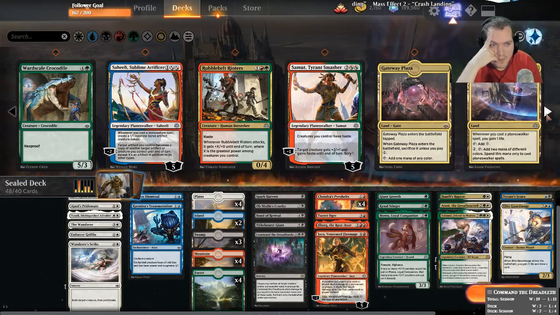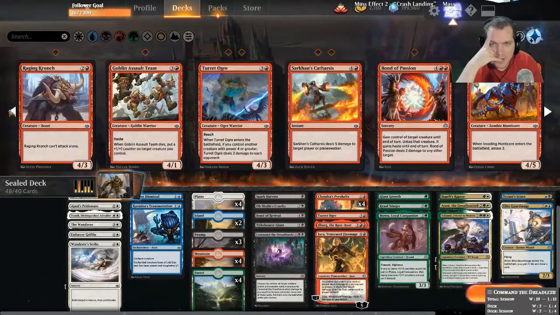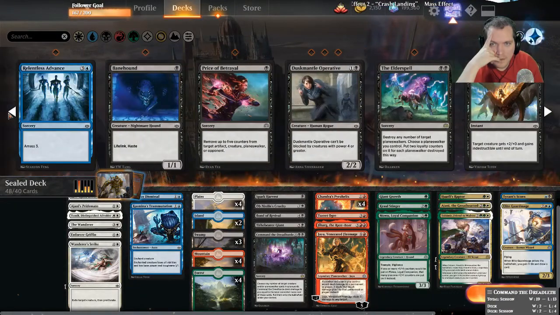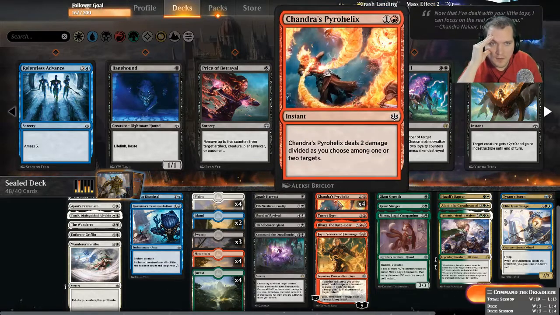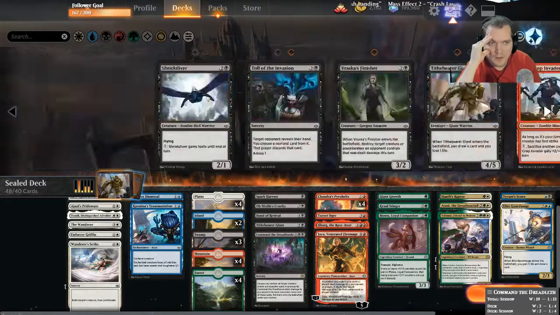We could try like some white-red splash green action. The black is also pretty good. The red has quad, Chandra's Pyrohelix, Turd Ogre, Ilharg, Jaya. It has double...